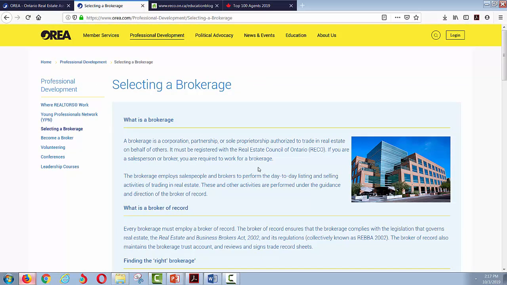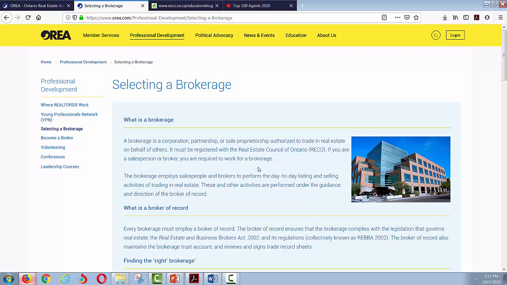Okay, so as you can see, this brokerage thing is kind of a big deal because once you get licensed as a salesperson, you cannot operate unless you are affiliated with a brokerage. You need to be working as an independent contractor, which technically any brokerage is going to hire you. Whether you're going to sell anything or not, you actually are going to pay this brokerage to work for them. Because the brokerage is the entity that has this big trust account in a bank account where funds can be safely stored. When you're buying real estate, there's always deposits and stuff, and the brokerage handles that.